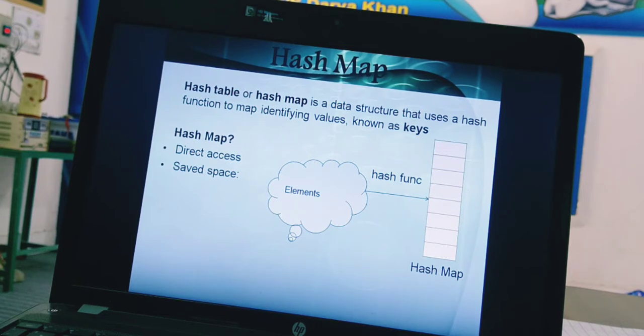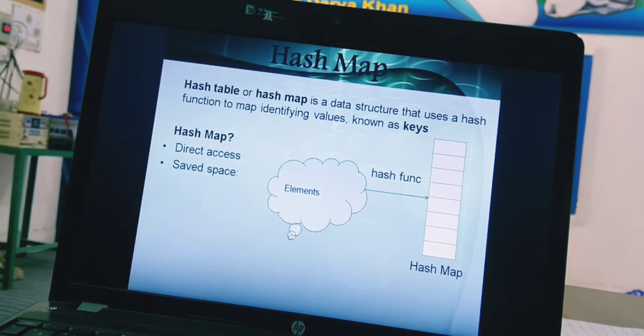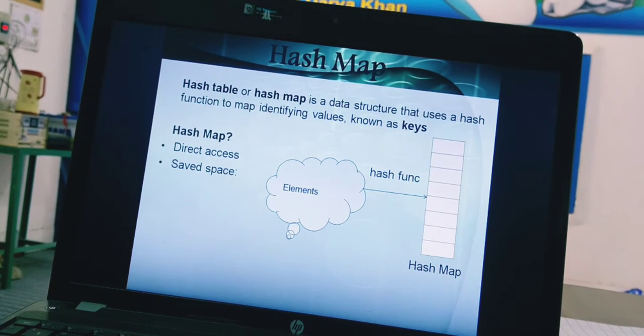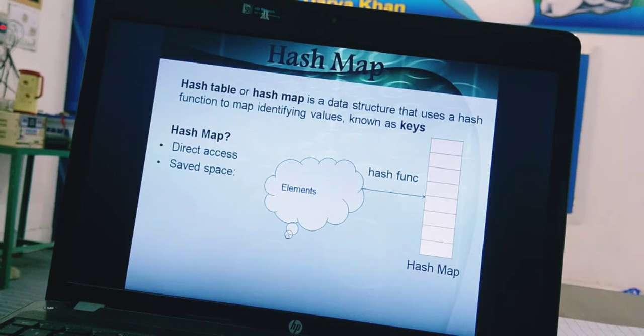Hash map or hash table. Now towards the hash map: as we discussed earlier, placing the data, known as keys, in an array in an arranged form is known as hash mapping. A hash table or hash map is a data structure.